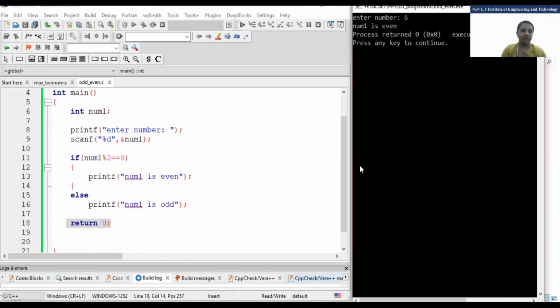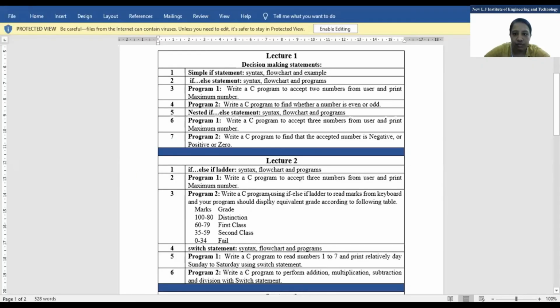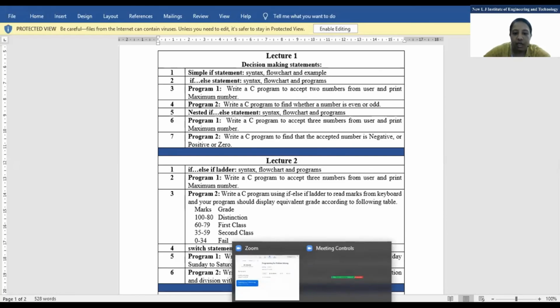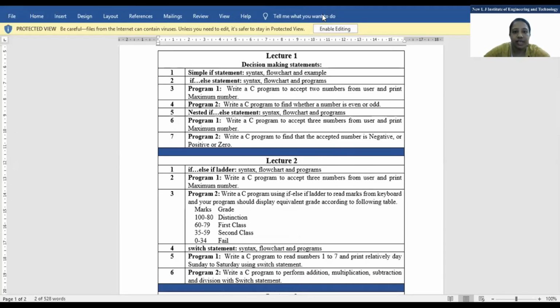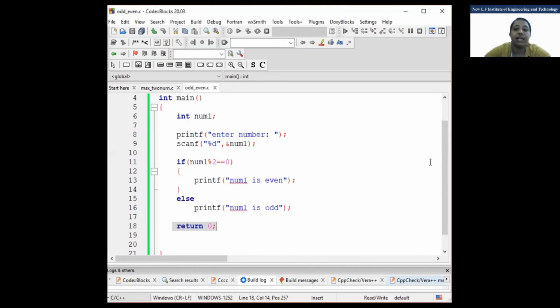In that, we have seen only two programs: the maximum number and the odd even number. Clear? Now one more program that I'll give you. Try to make a program to find the maximum from 3 numbers.